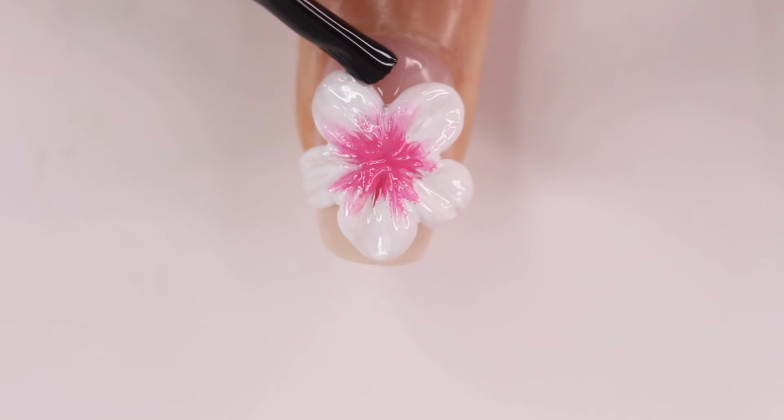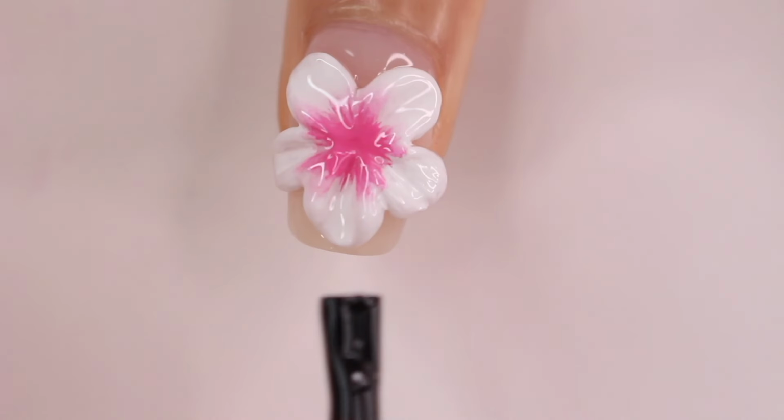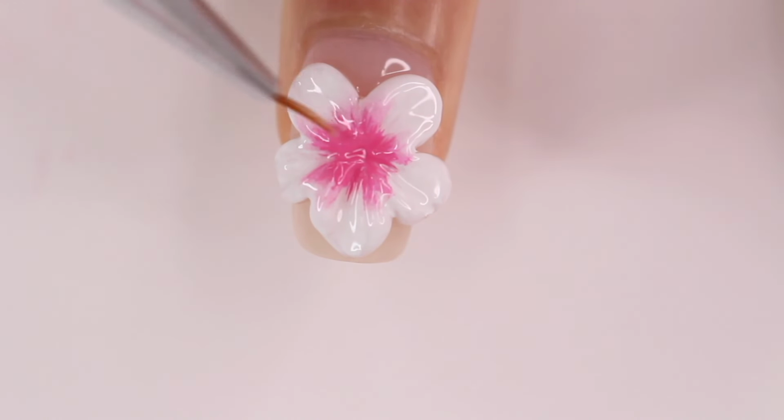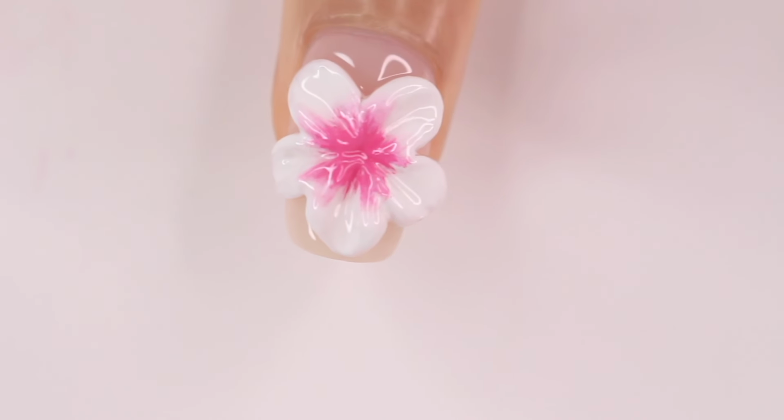So after that, again, I forgot about the top coat situation, so I'm just going to awkwardly apply that again. I'm trying to scoot it around the flower and then go in with a small brush on the petals. Cured my nails after that top coat, and here's what it looks like from the side too, just so you can kind of see. It's not that thick, so you can kind of control how much you want it protruding